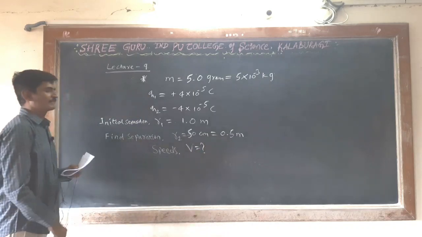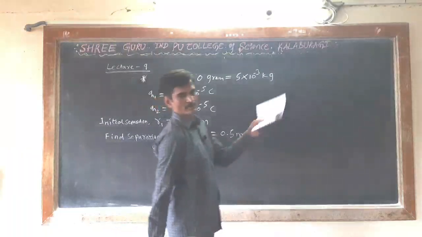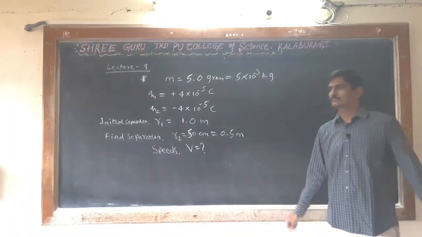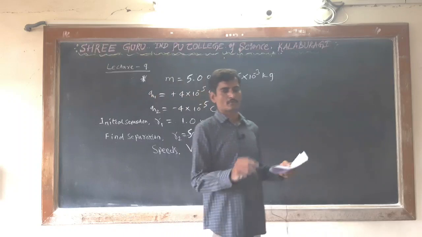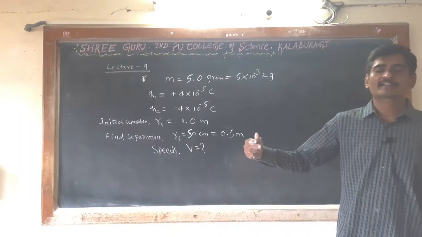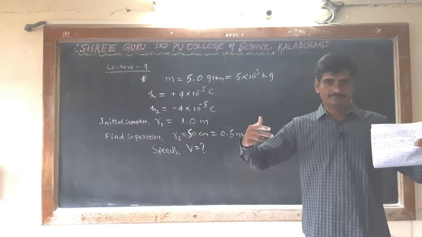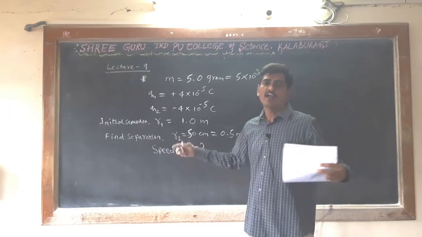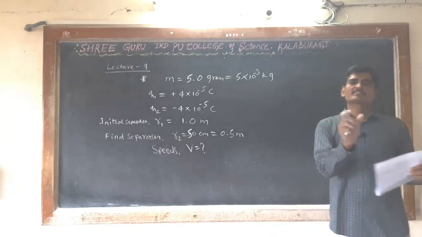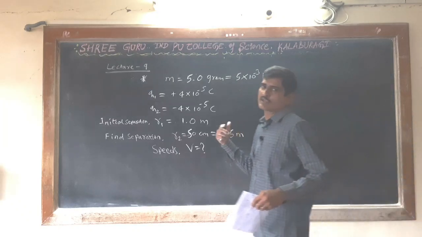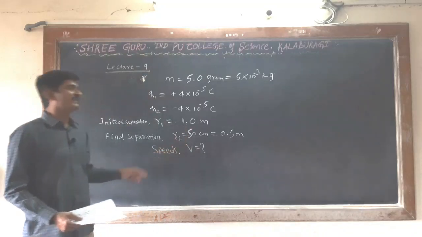See here, in the previous question, we just solved another numerical, that is distance of closest approach. In that question, both the electrons were initially in motion. Initially they had the velocity, and when they reach a particular distance, that distance of closest approach, we have to find. Okay. So now in this question,